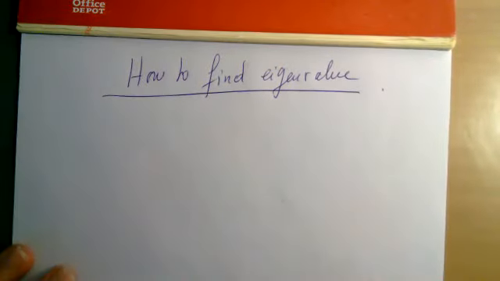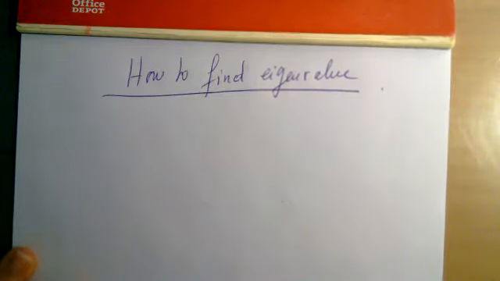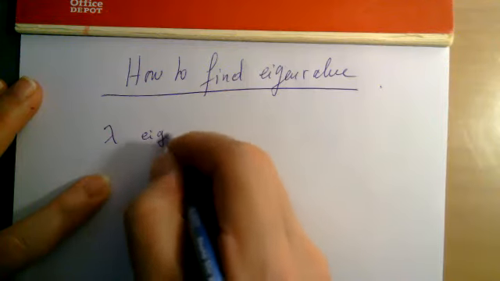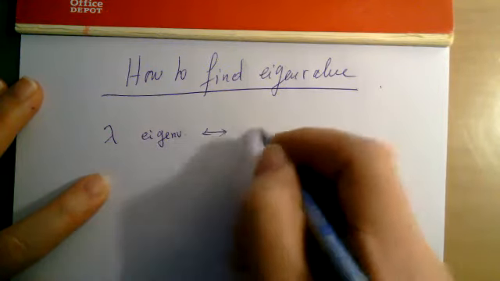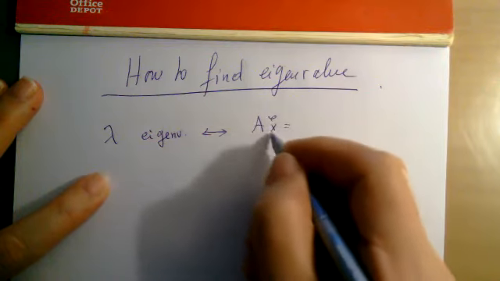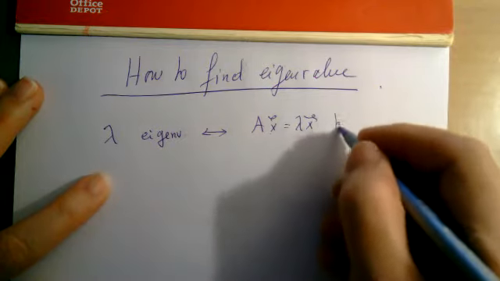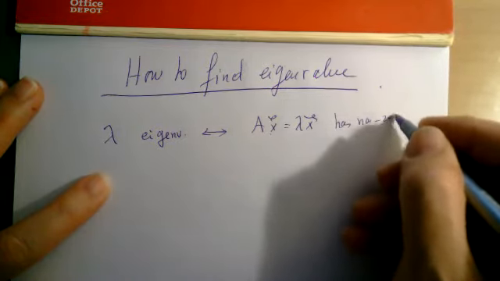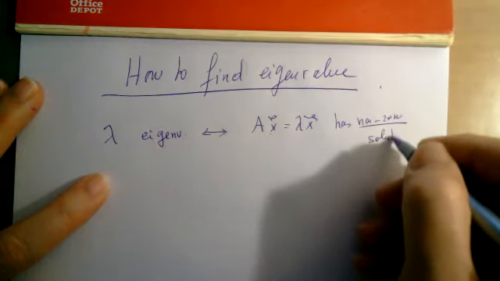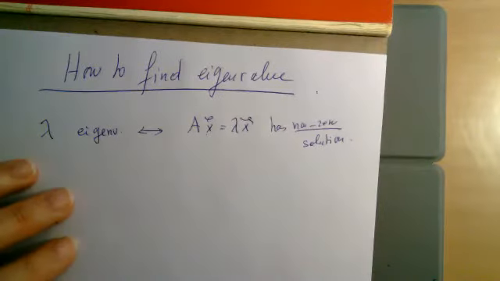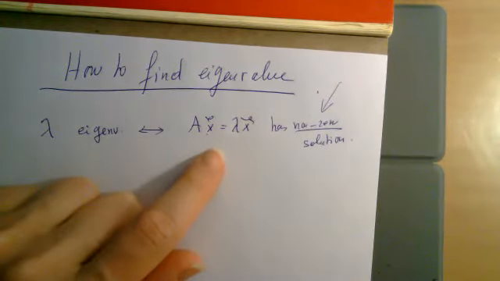Okay, and we already built the structure to do that. So let us connect the dots. Lambda is an eigenvalue means that I can find x not 0, such that Ax equals lambda x has a non-zero solution. And now, let me ask you a question before I proceed. Why a non-zero solution? Why do I have a non-zero? Because